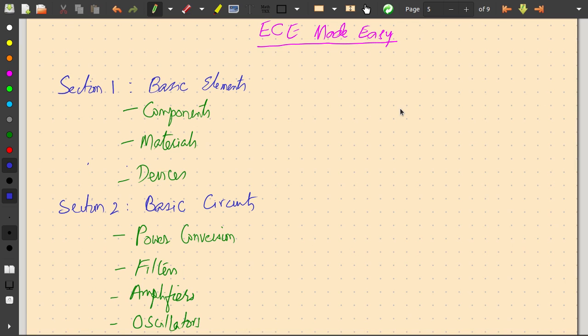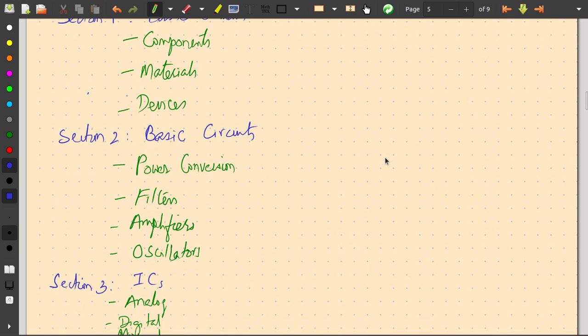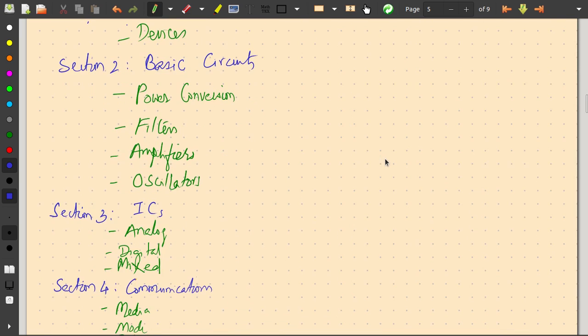So there are many types of diodes. We look into detail when we are through it, and there are many types of transistors. We get into them. Most commonly used transistors are the bipolar junction transistor and the field effect transistor and their variants. Once we are clear with all the components, the material, and the devices available, then we can start building